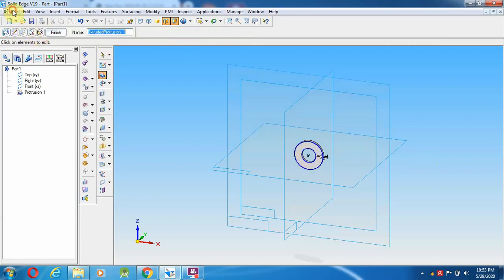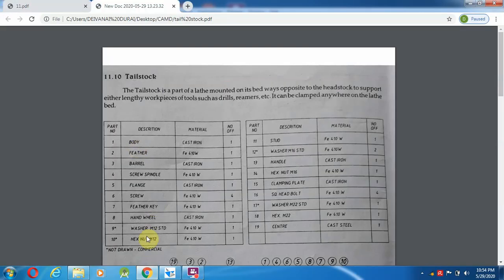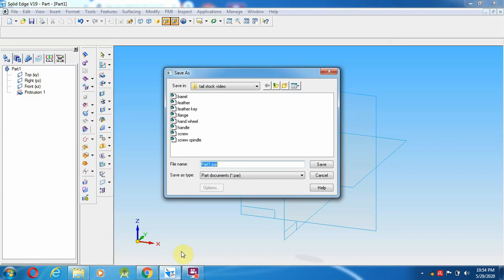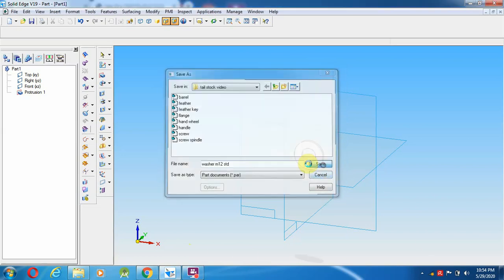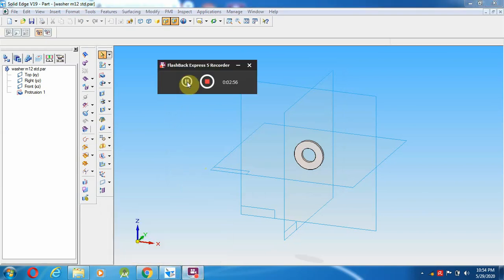So that we are going to save as washer. Even the name itself we are going to save, like washer M12 STD. So WSH washer M12 STD, save it.